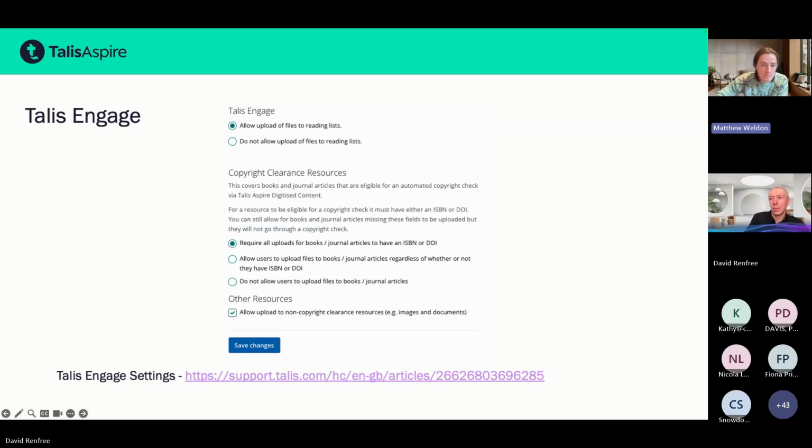And the options that you have available to you are you can require any books or journal articles that are uploaded to have an ISBN or DOI attached for that automated copyright check. You can allow your users to upload books and journal articles regardless of whether there's an ISBN or DOI attached, if that's in keeping with your copyright practices at your institution. And you can also prevent those from being uploaded at all